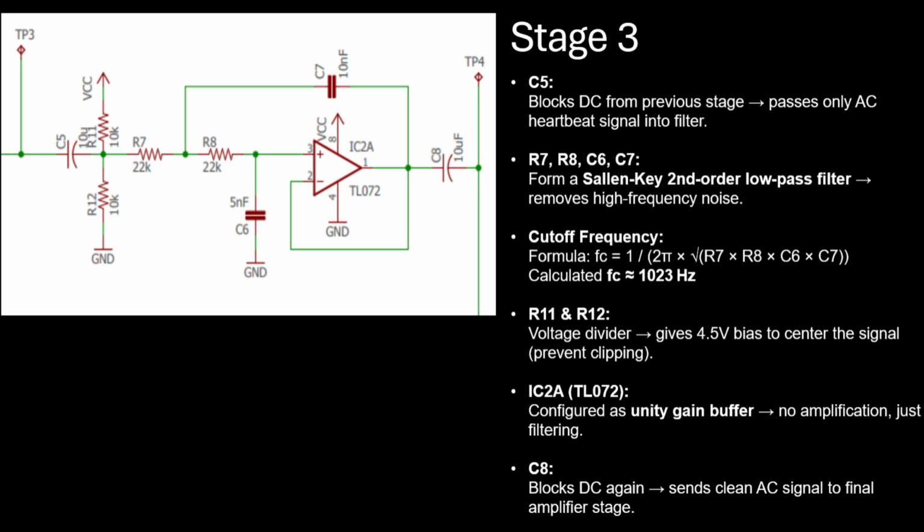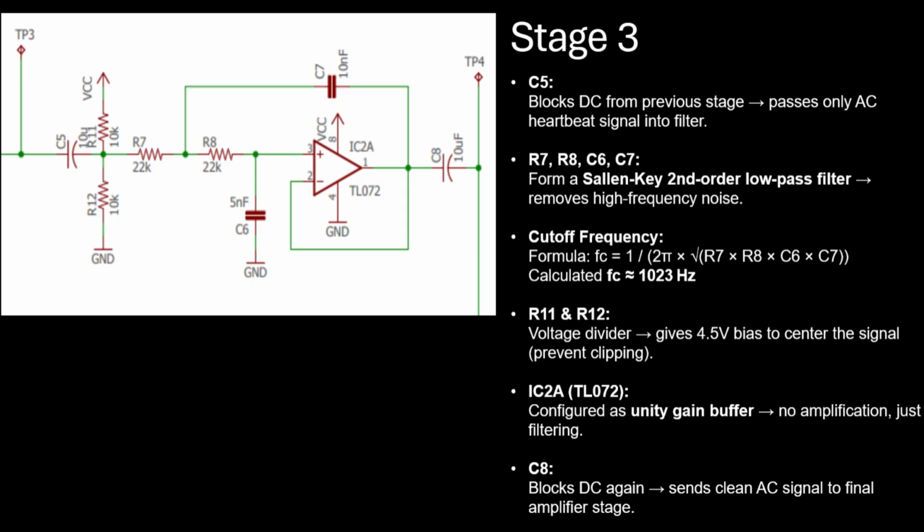C5 blocks DC from stage 2 and C8 blocks DC at the output, so only a clean AC signal is passed to the next stage. In short, this stage keeps the signal clean, focuses on the heartbeat range, and prepares it for final amplification in